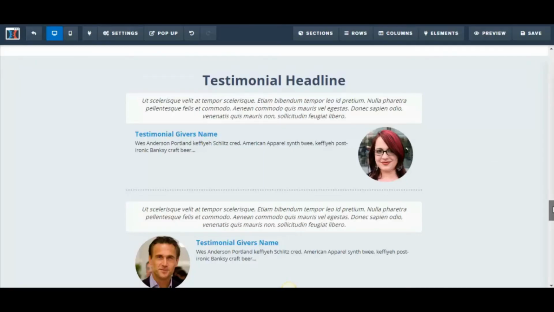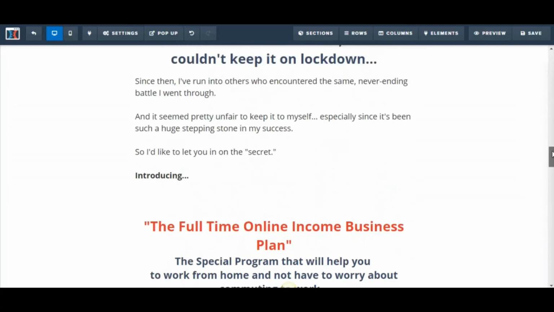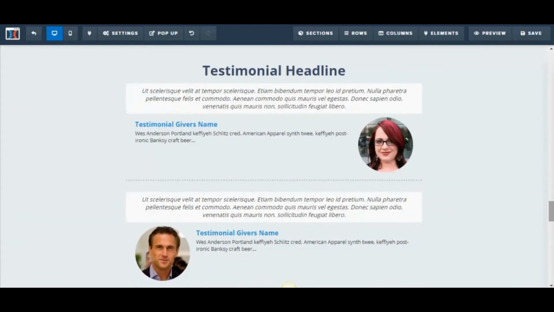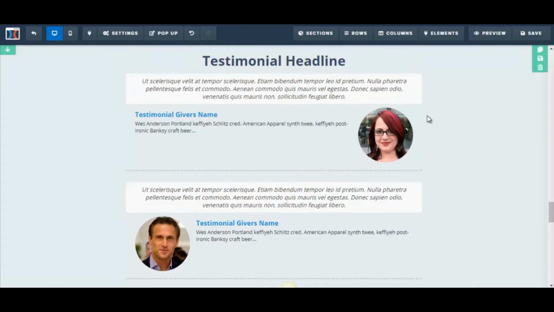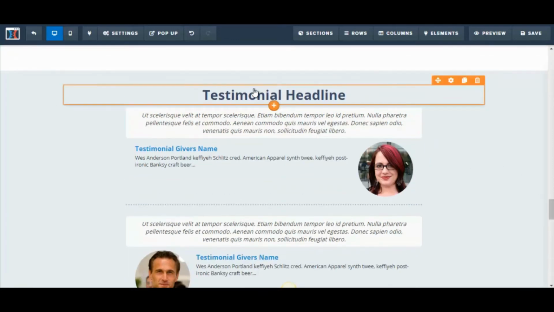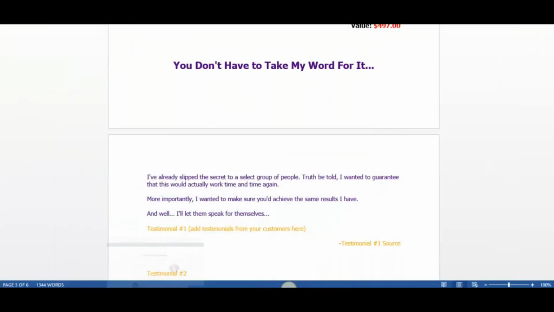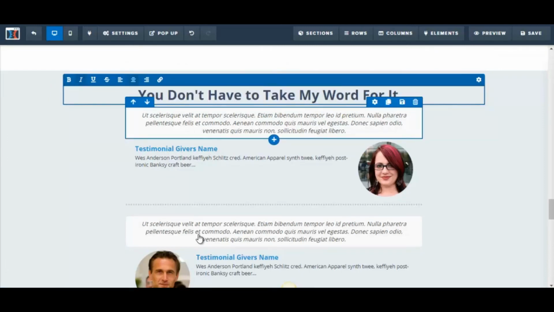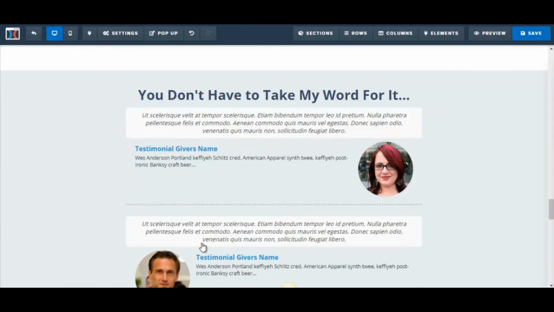Alright, so I've just finished transferring over some of the headlines and paragraphs from my Word document. And now I'm at the section where I'm going to be putting testimonials. So with this sales page template, they already have a section for you to put your testimonials and the picture of the person giving the testimonial. Alright, so let's start with the testimonial headline. Just go to my Word document and the headline is, "You don't have to take my word for it." So I just paste that onto here, click save,